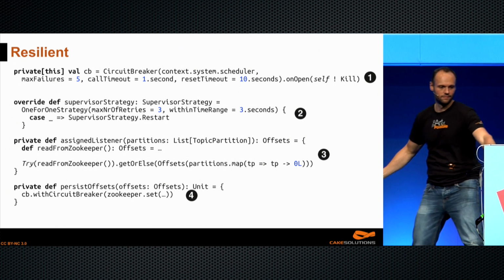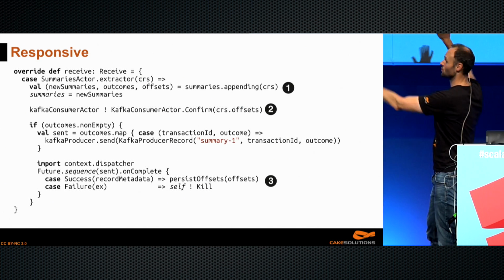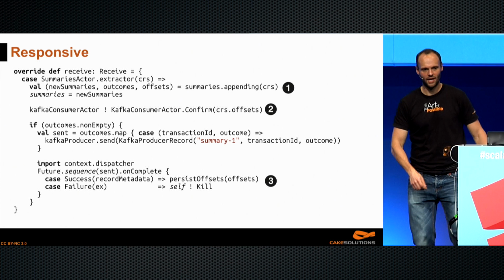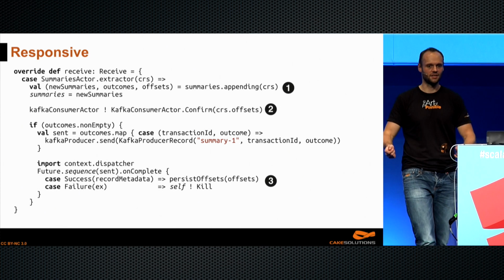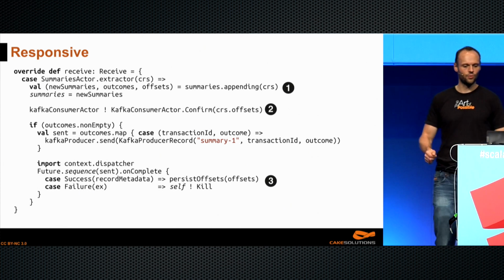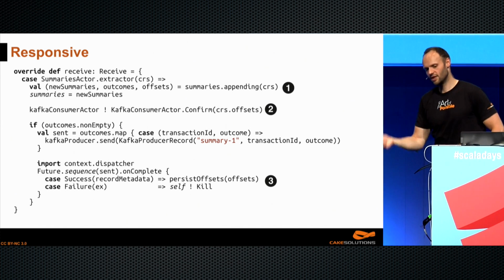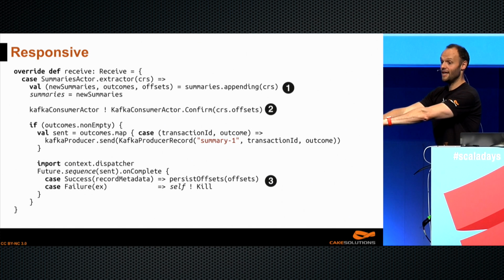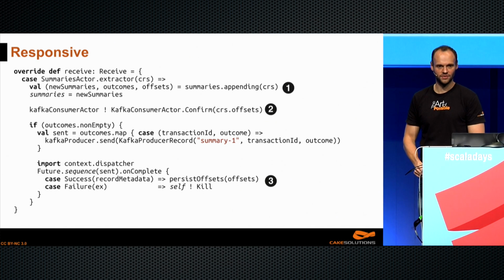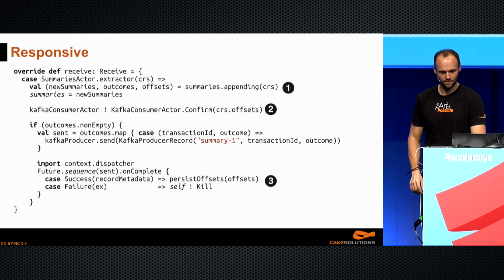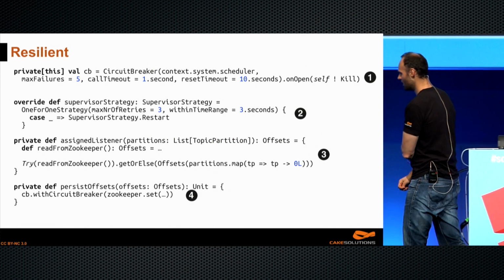So imagine the scenario. This service is running, right? So we're here, we're running. Everything is cool. We're receiving messages from Kafka, we're producing the messages, we're mutating the summaries. The only thing that doesn't work is persist offsets on line 3. And it doesn't work because the whatever thing, like Zookeeper, where we write these offsets, somehow we cannot reach it. From our point of view, it's unreachable. So what can we do?